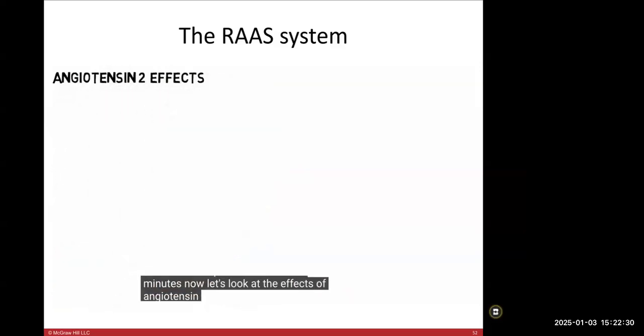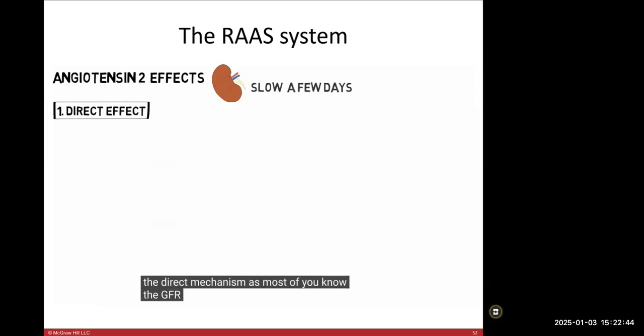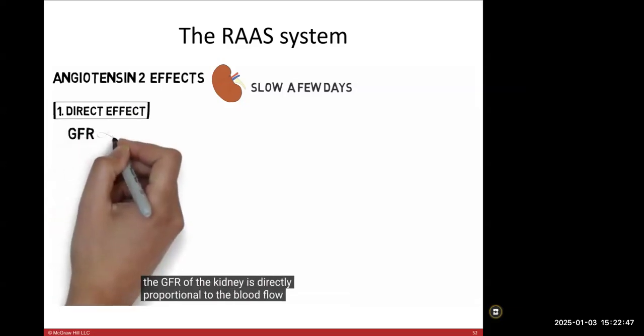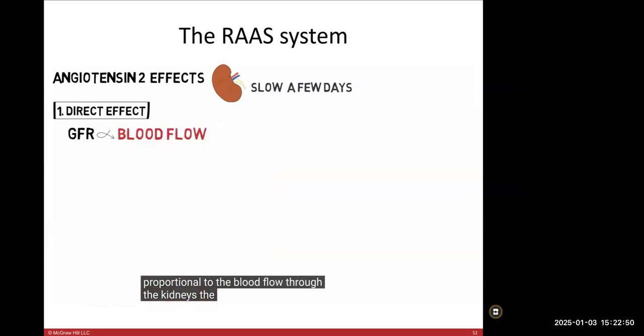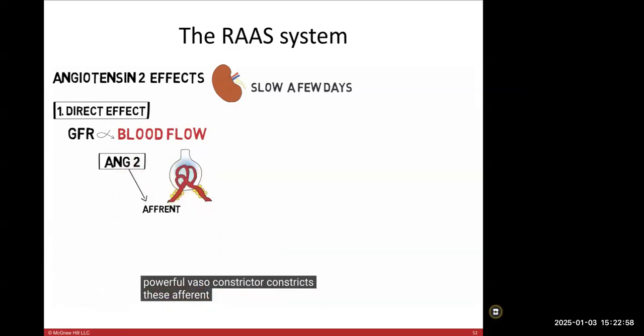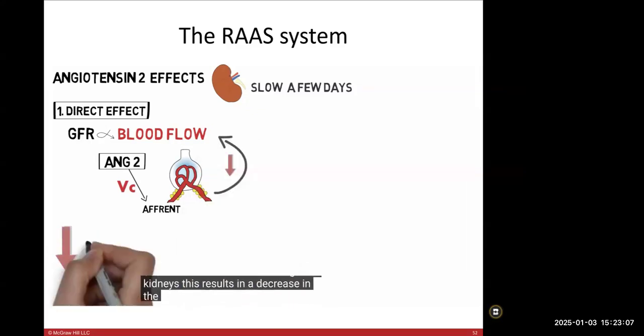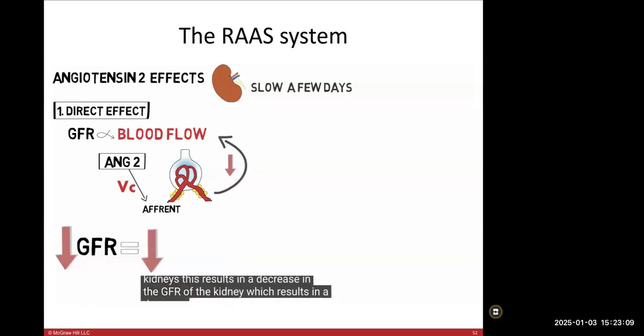Now let's look at the effects of angiotensin 2 on the kidneys. These effects are slow and take a few days to have their maximum effect. Angiotensin 2 acts on the kidney in two ways. The first is the direct mechanism. As most of you know, the GFR of the kidney is directly proportional to the blood flow through the kidneys. The blood enters the glomeruli through the afferent arterioles, and angiotensin 2, being a powerful vasoconstrictor, constricts these afferent arterioles mainly and decreases the blood flow through the kidneys. This results in a decrease in the GFR of the kidney, which results in a decrease in the urine output